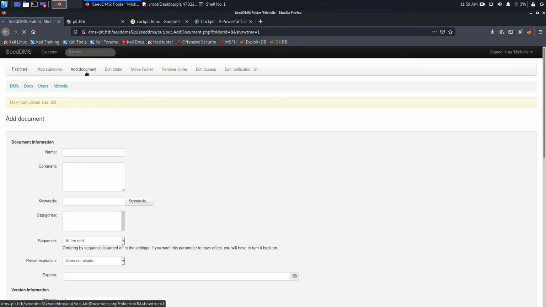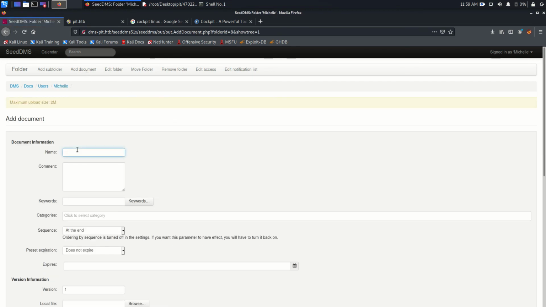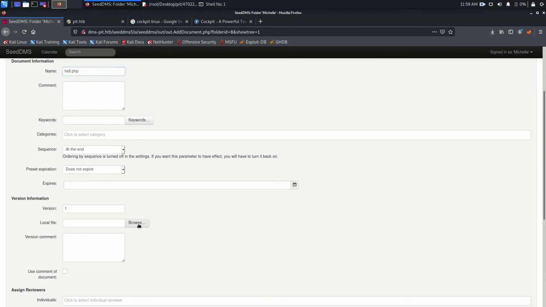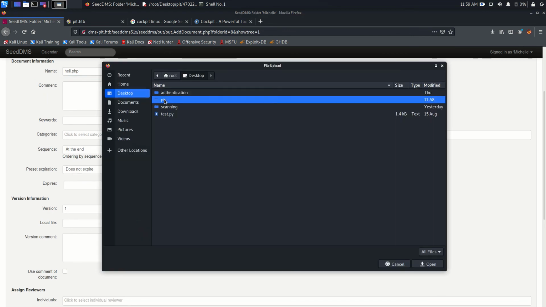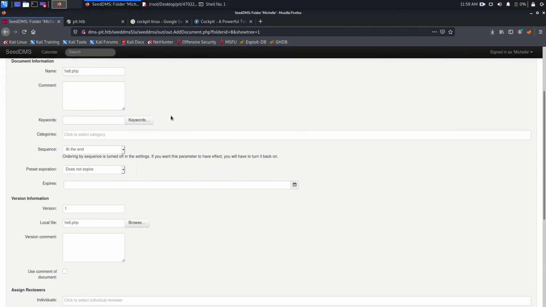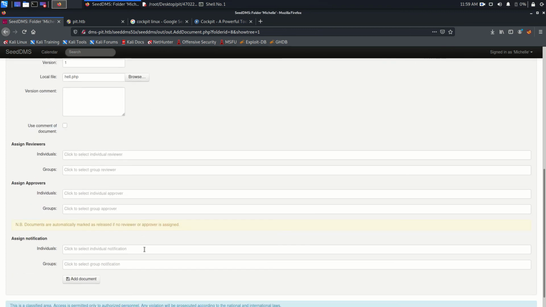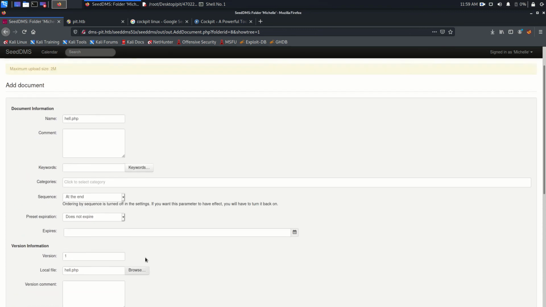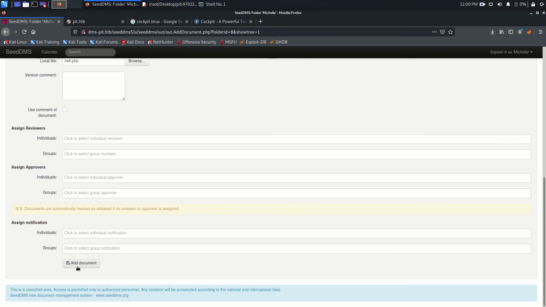So just make it add document, and I'm going to say the name of the document is AA dot PHP, or no, say it hell dot PHP, and browse this. Select hell dot PHP, and once you save this file, okay, add document,